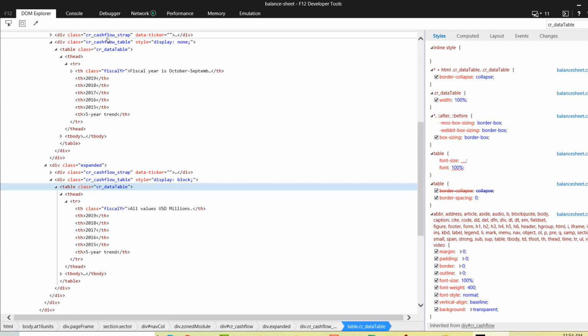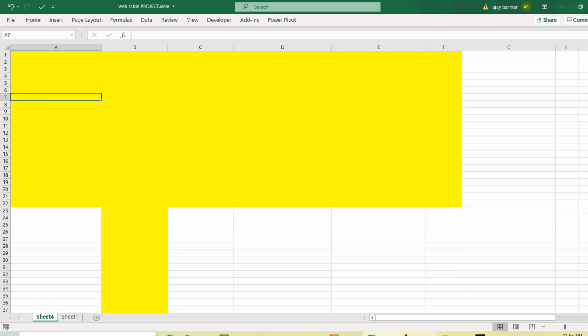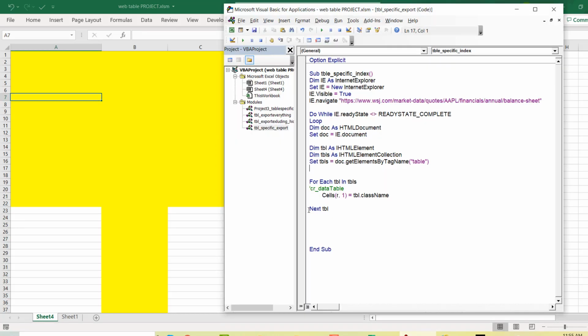when you run the loop, it will start from the top and start fetching all the table classes. So amid this, there might be some other tables, that's fine, but one thing I'm sure of so far, if I go by the class cr_data_table, the second table which is using this class, that's the table which I'd like to go and scrape. Okay, so we now know the thing. We simply go and run the loop, and I just hit on, I think